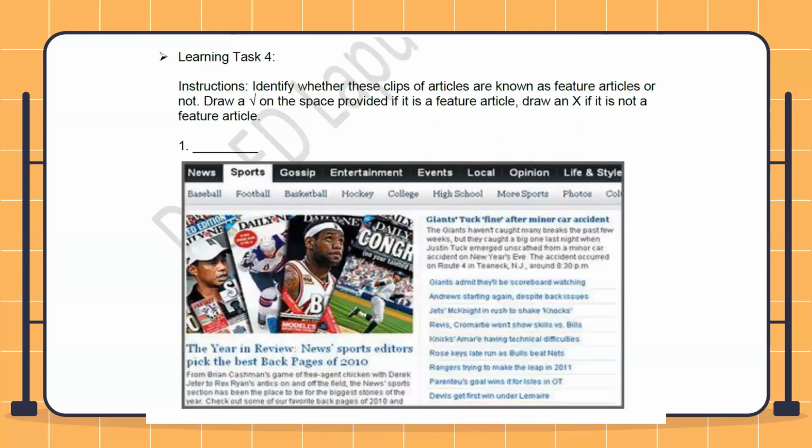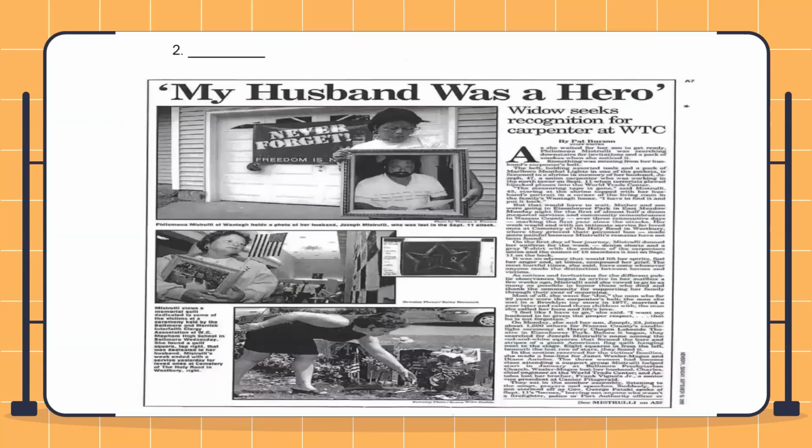Now, you have to identify whether these clips of articles are known as feature articles or not. You have to draw a check mark on the space provided if it is a feature article, and you can draw an X mark if it's not a feature article. I'll give you 7 seconds. Don't forget to write your answer on your answer sheet for number 1, 2,